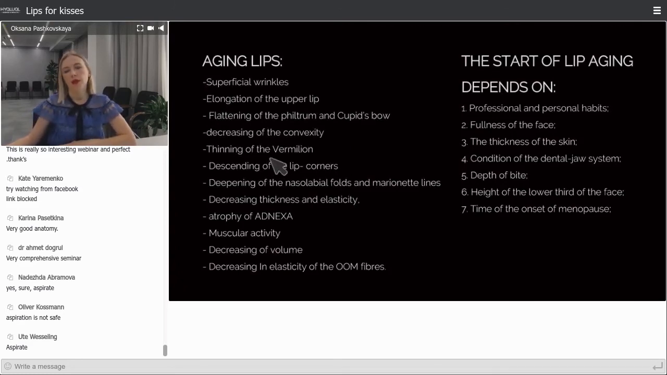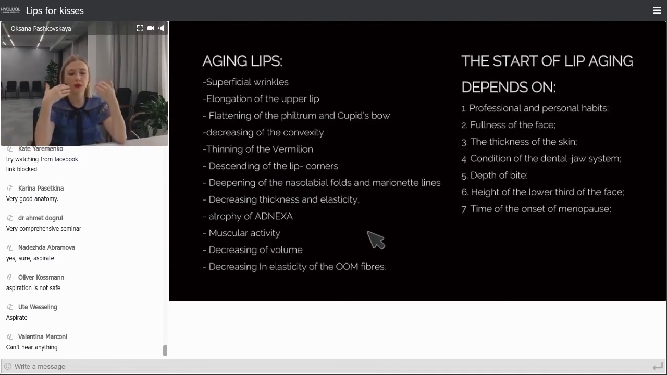And you know about vermilion, if you decide to make a contour, to inject a contour, my advice is to use a thin needle. The 30 gauge needle would be more comfortable for working, because you should do it in a very atraumatic way. Okay, descending of the lip corners, and of course we could inject corners, could inject the DAO muscle, but